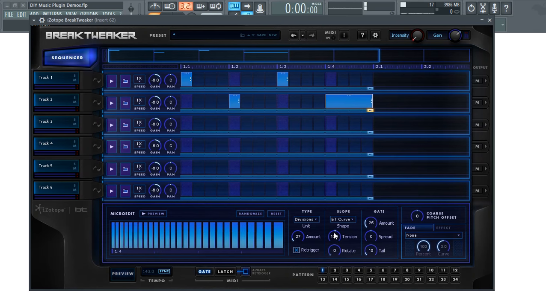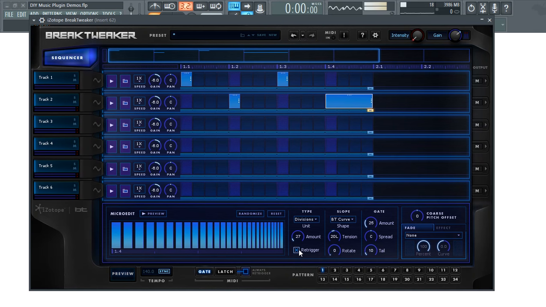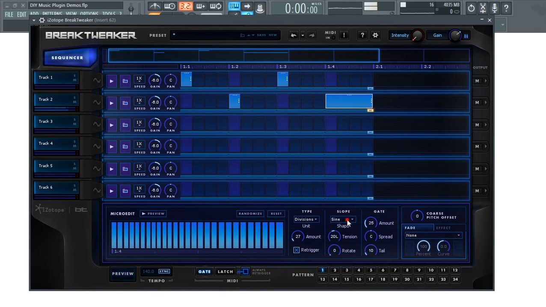And to have more fun with it, you can change the tension on it. If it's not re-triggering it, it acts more like a sort of little gate thing. And you can actually have lots of different curves, which have a kind of different effect. There's some weirder ones as you get further down. In context,